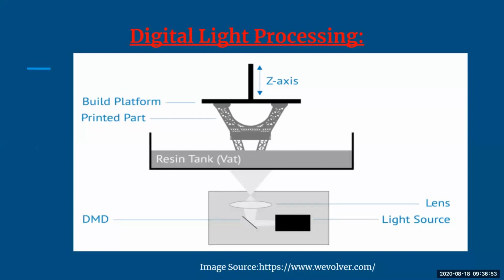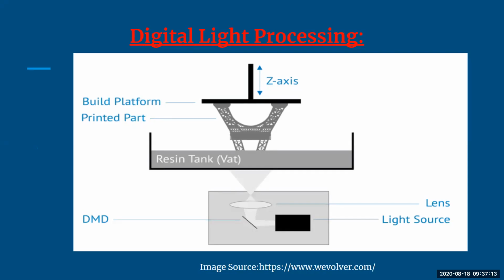So whatever model you are coming up with will require a light source over your resin tank, and with the help of that light source, the horizontal model will start developing. So you have to remember the material, the filament you can say, which will help you to come up with your model, is the digital light.